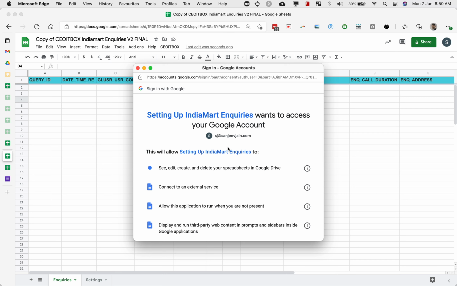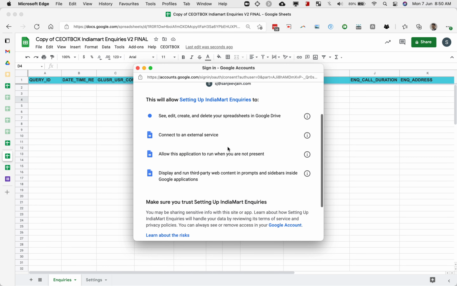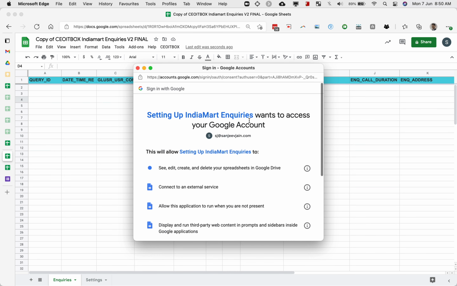And in case you are using a free gmail.com account to do all of this, then you will get another page with a warning. So on that page, you will have to click on advanced. Okay. And then it will say go to COIT box something, click on that, and then you will come to this page. I am using a paid Gmail account that is known as a G Suite or Google Workspace account. That is why I am not getting that page.